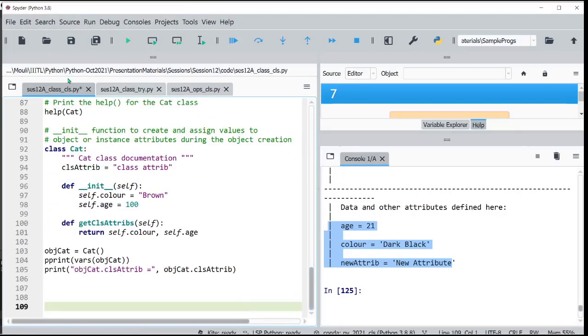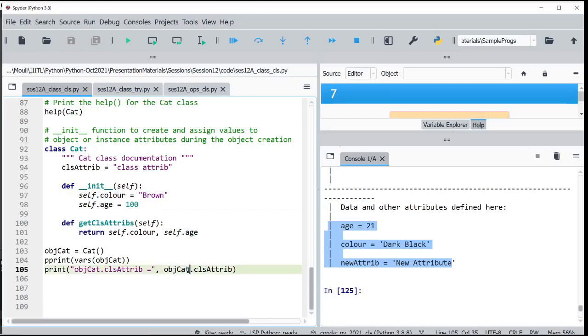Now what are we doing? I am printing the object level attributes, so this should not get printed here, but these two are object level attributes which are getting created on init. They were not there earlier. Whenever init is creating those new attributes, and then the class level attribute, we are printing it here.